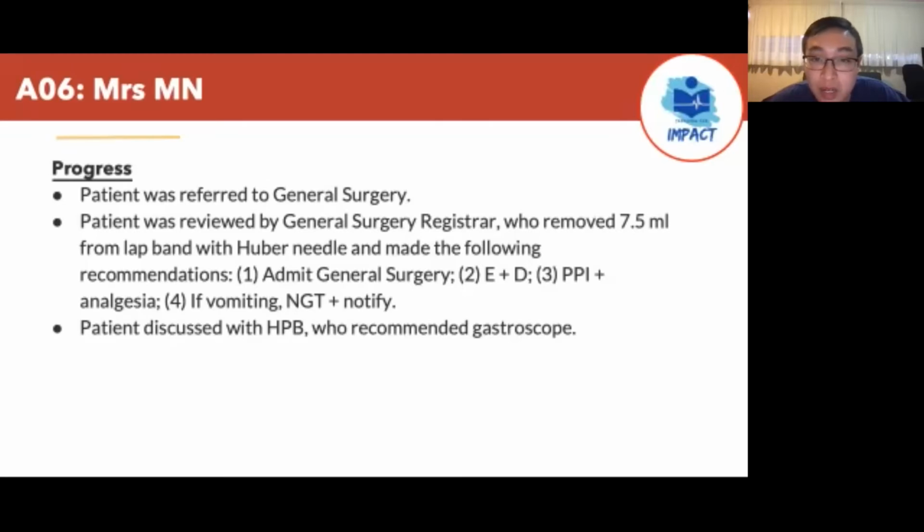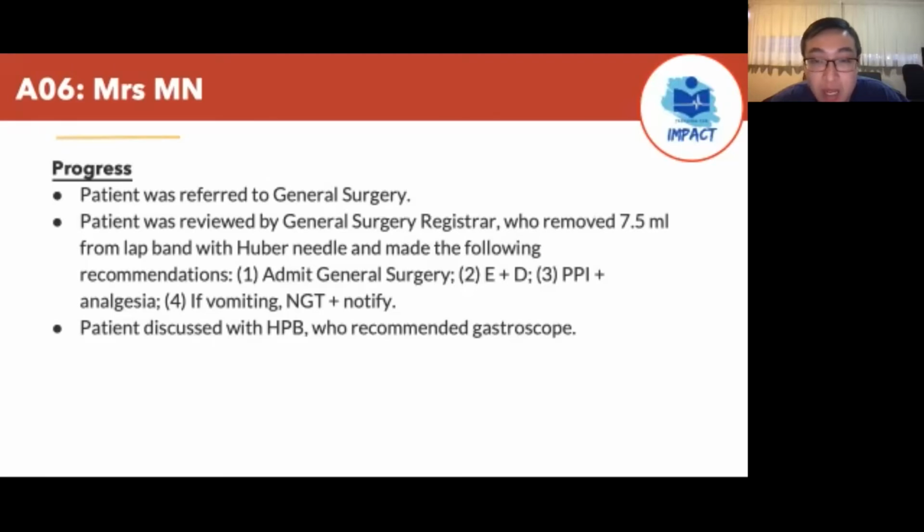So they stuck a needle in and removed 7.5 mils from the lap band, so released it a little bit. And they documented the following recommendation: admission to the general surgical unit, patient can eat and drink, indicating that the patient doesn't necessarily